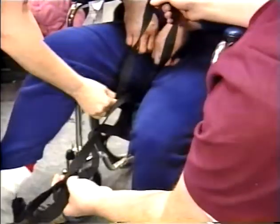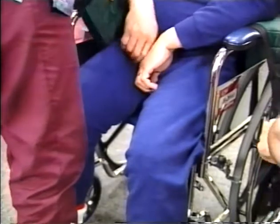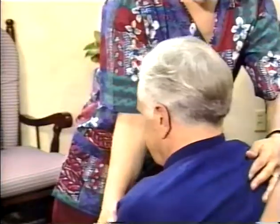One attendant should be positioned in front of your seated resident. The other caregiver gently pulls the sling flaps from under the resident's thighs and off to the side. Lift his legs slightly if necessary. With the other caregiver standing in front of him,